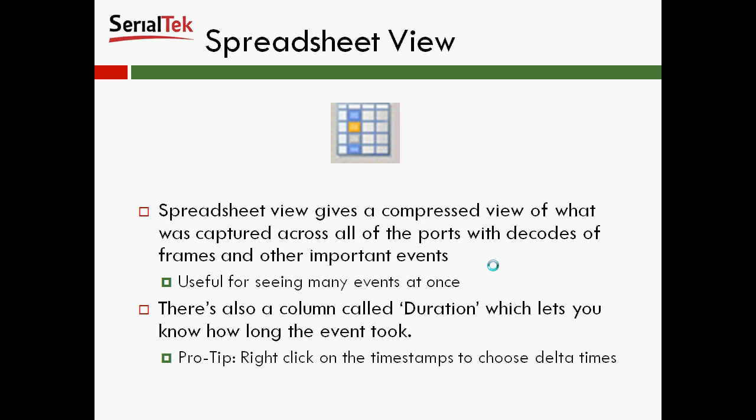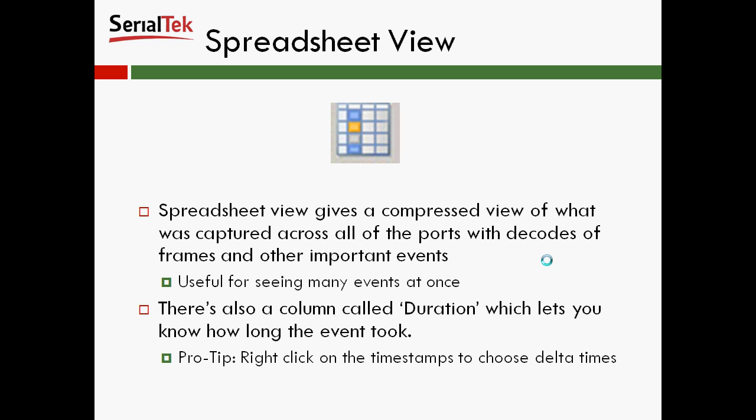The next view is Spreadsheet view. Spreadsheet view gives a compressed view of what was captured across all ports with decodes of frames and other important events. It's useful for seeing many events at once. It's the most amount of data you're going to see on a screen. There's also a column called duration, which lets you know how long a particular event took. So for instance, you could see the duration of a data frame and see how long that data frame took